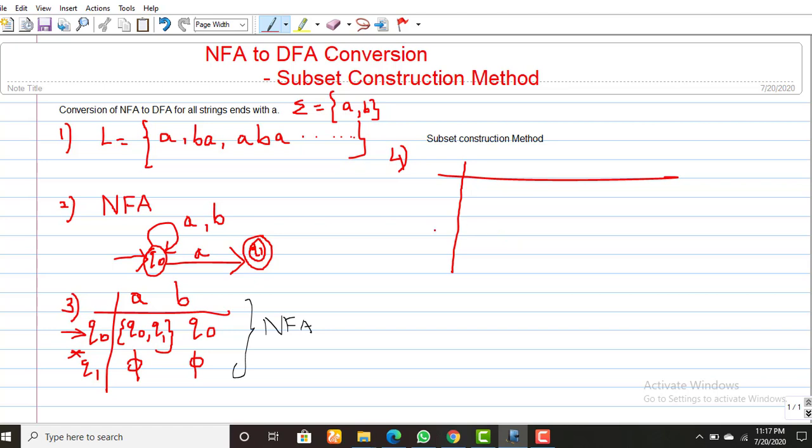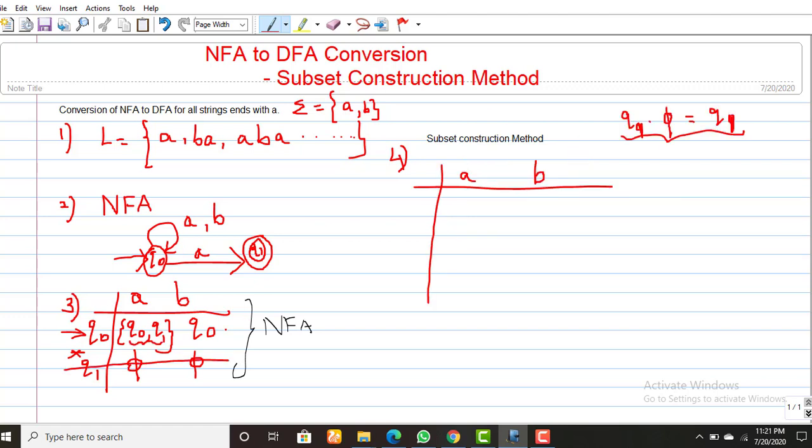So first, what are the inputs? A and B. First, taking the first line from the NFA table, starting with Q0. On receiving A, Q naught moves to both Q naught as well as Q1, right?